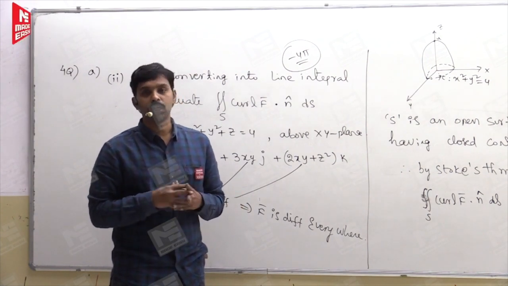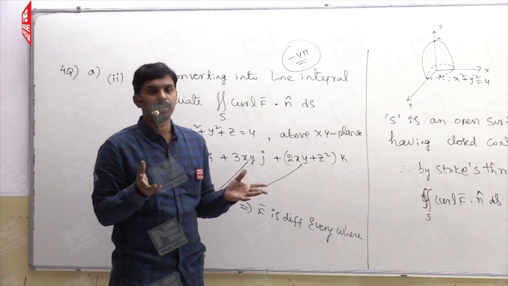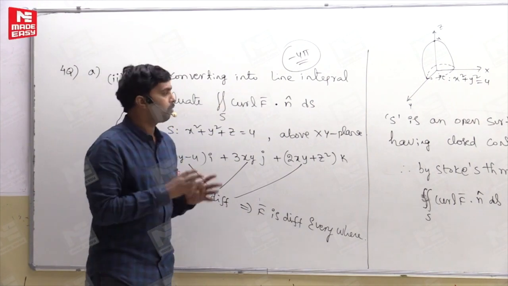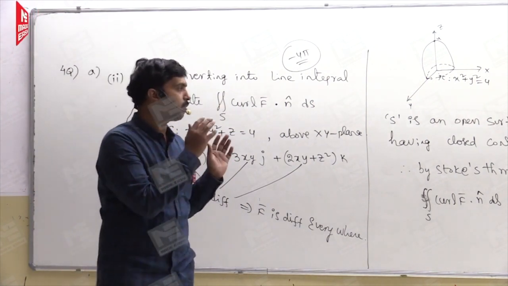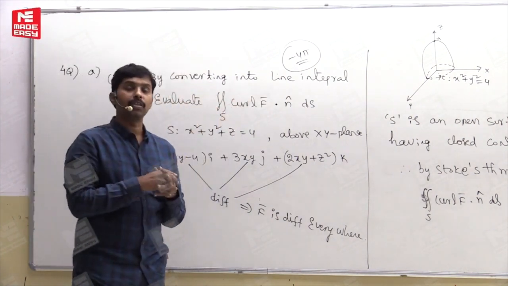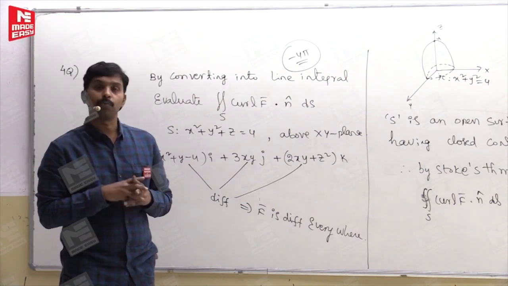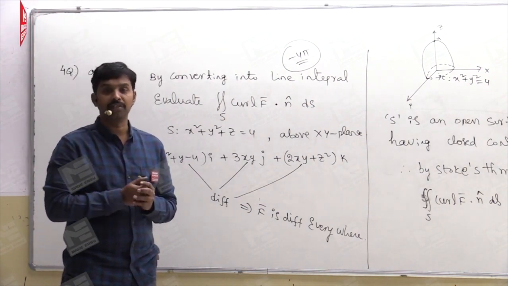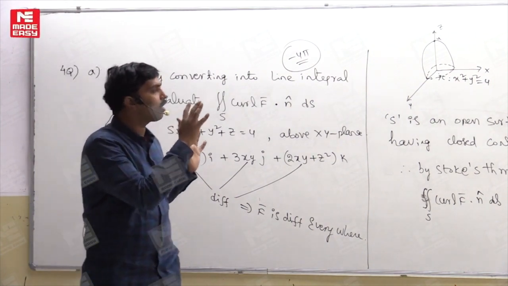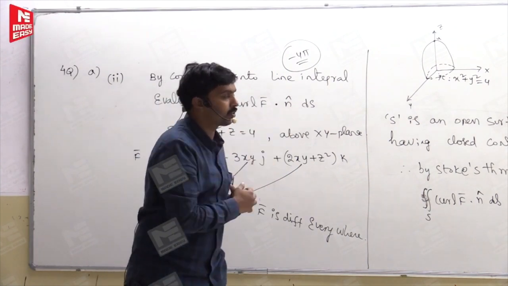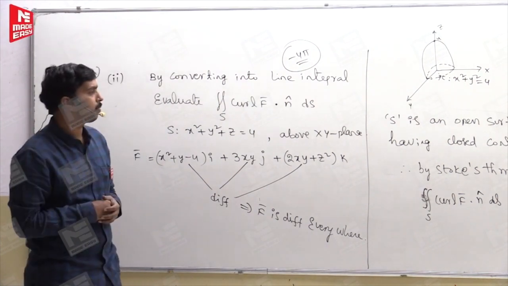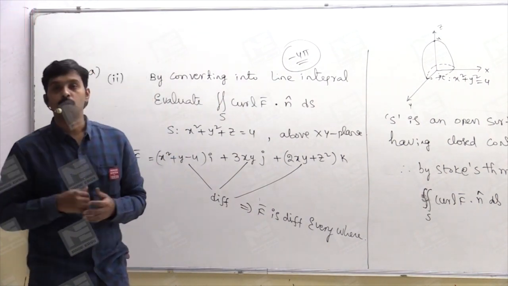So those who have attended the classroom course, definitely they will do all these questions very easily and with comfort. If this is the representation, or this is the procedure by which you write things in the examination, then obviously you will get the maximum marks. For everything you should give a logical explanation and reasons, using words like since and therefore. If there is a clear explanation and clear steps, then you can get the maximum number of marks. Hence you score good here.